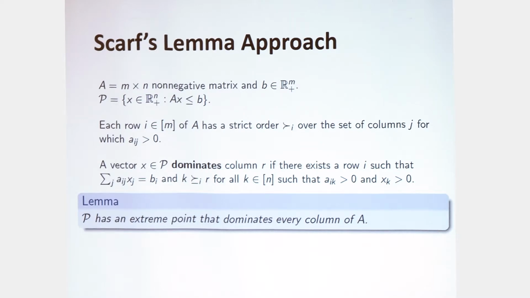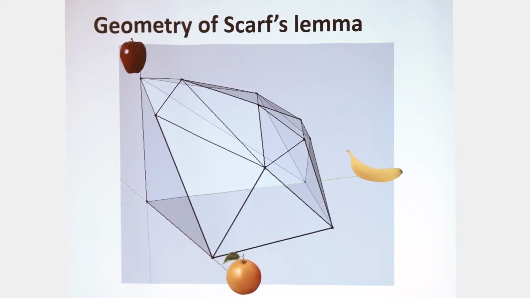So to find the group stable matching, we use the Scarf lemma approach. And here's a formal statement of the Scarf lemma. Let me try to explain it briefly. There is a constraint matrix A, and each column of the constraint matrix A has a strict order over the columns with positive coefficient. And the Scarf lemma says that we can find a dominating solution. Maybe it might not really make sense to you, so now let me give you a geometric representation of the Scarf lemma. Okay. So the polytope here is the feasible region,